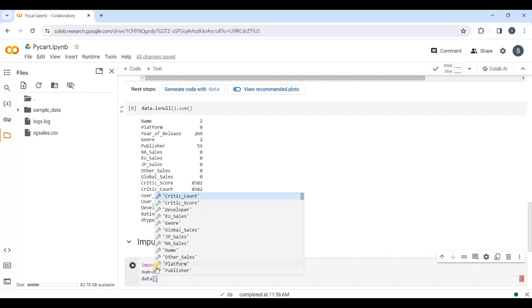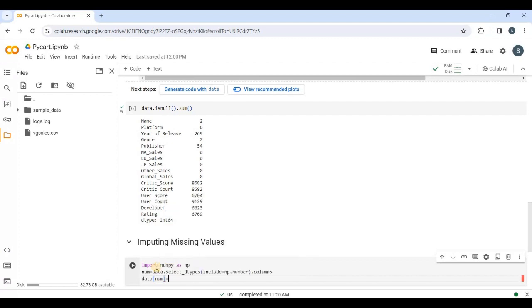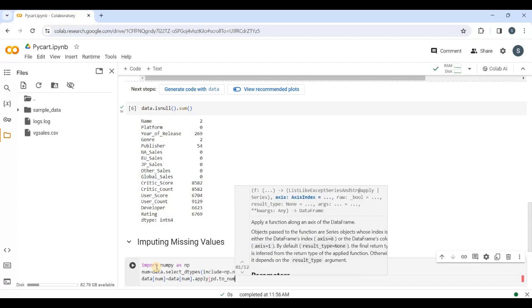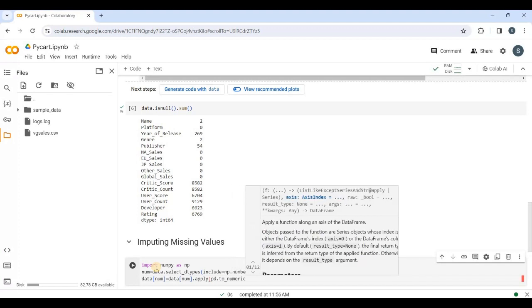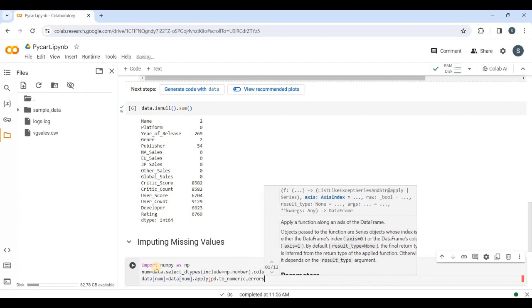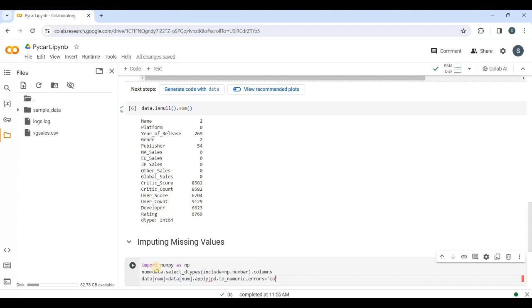So here I'm writing data_num equal to data_num.apply(pd.to_numeric, errors='coerce'). I'm checking the numeric values here, and if errors are there, then we are putting the